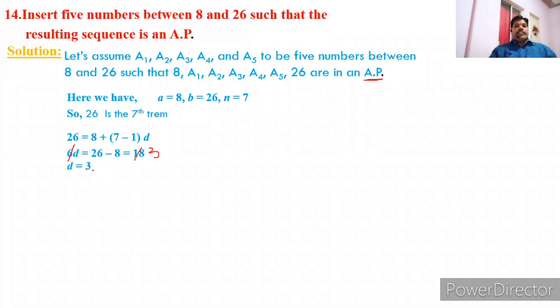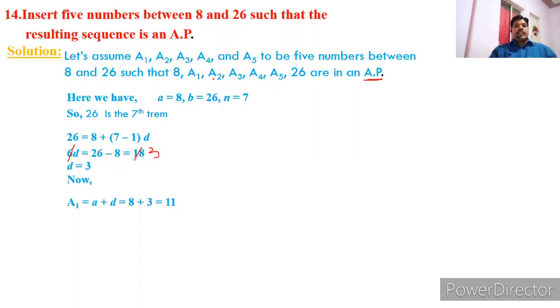So after getting the D value, and already we know the A value. A value you know, and D value you know. What is the A1? See, observe here. What is the meaning of A1? It is the second term in the arithmetic progression, yes or no? It is the first arithmetic mean, but A1 is the second term in the arithmetic progression. So that meaning is, if it is A, automatically it will become A plus D. So A1 is equal to A plus D. So A value is 8 and D value is 3. Just replace that value here. 8 plus 3, that is 11.